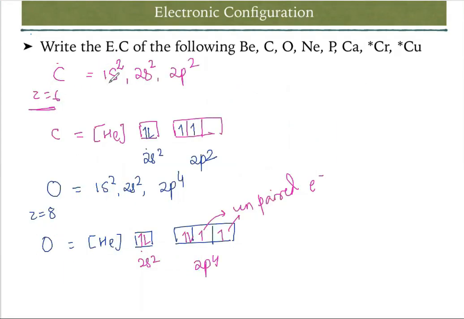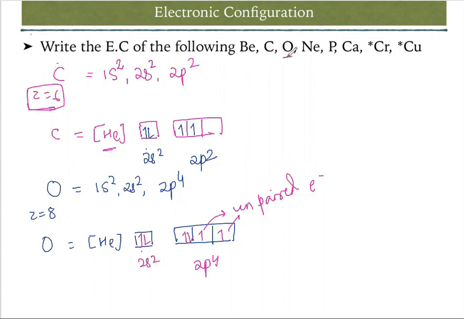So for carbon we'll have Z is equal to 6. So Z is equal to 6: 1s, 2s and 2p. Fill the electrons: 1s2, 2s2 and 2p2. Total you will do, so that is 6. In terms of box diagram, for carbon the lowest noble gas is helium. After that 2s, after that 2p. So 2s will have 2 electrons, one is up, another is down. Then 2p squared, 2p2 means 1 electron, and that is another electron.